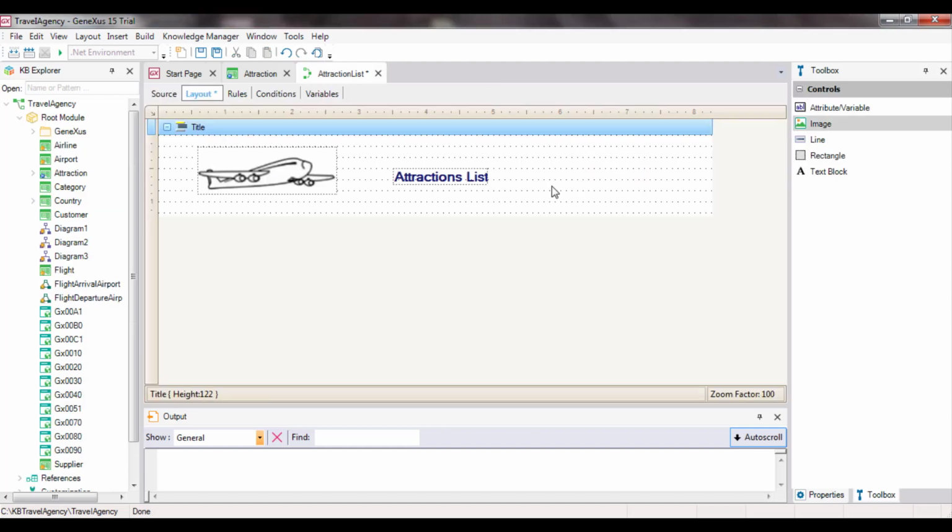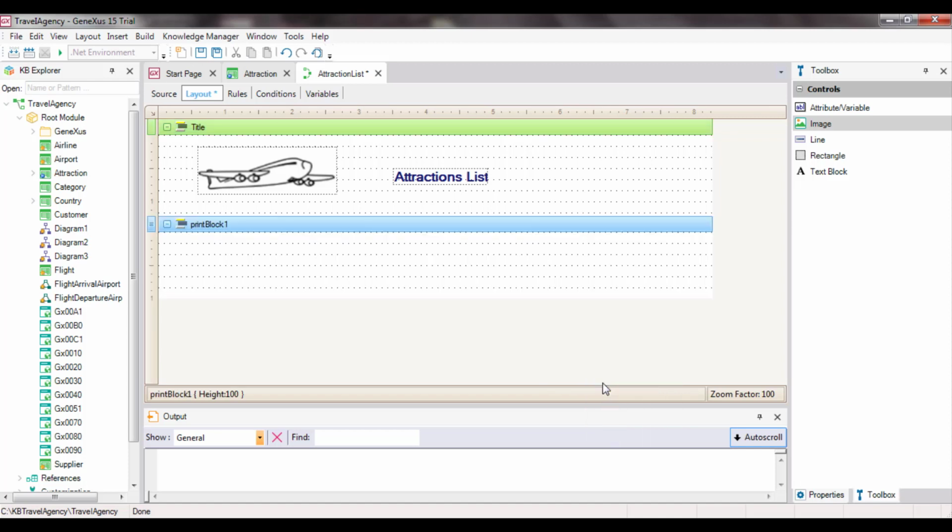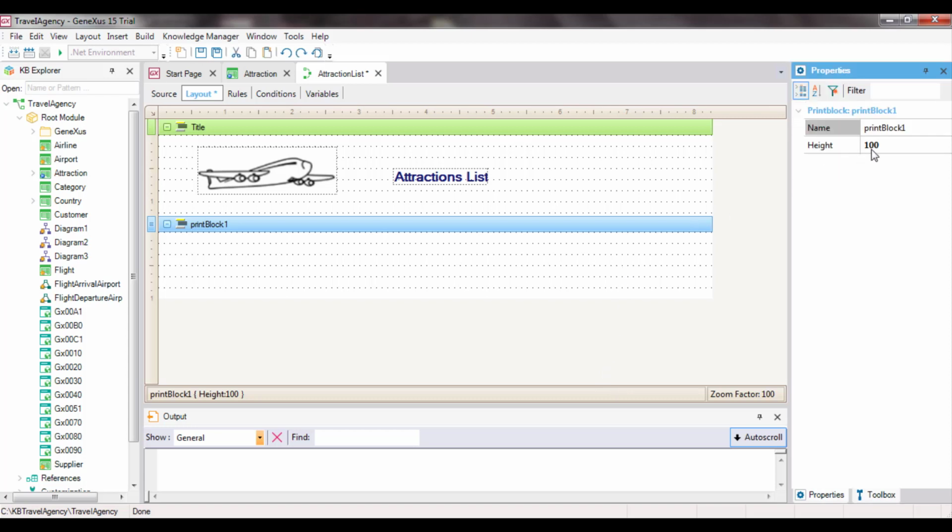Now we will create another print block to include the column titles with a line below them. If we right-click on a certain print block and select the Insert Print Block option, a new print block will be inserted below it. The way in which print blocks are ordered in the layout is not important because it doesn't mean that they must be printed in that order. We determine when to print each print block in the code that we type in the procedure source. We will see that soon. In the meantime, to this new print block, we will give it the name column titles.